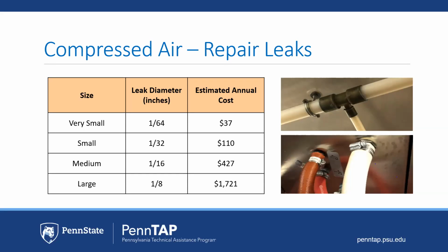The table provided here shows you the annual cost of one very small, one medium, and one large leak at a facility using a 50 horsepower compressor. I want to stress that the costs provided here are the result of one leak of each size, with one large leak costing over $1,700 annually. In total, these 4 leaks would cost the plant